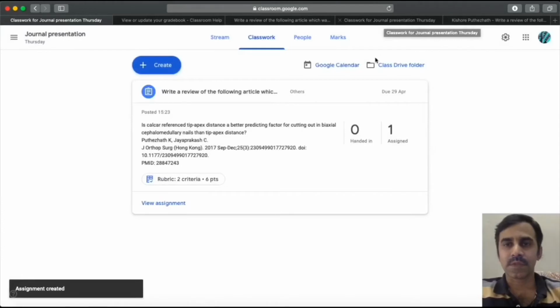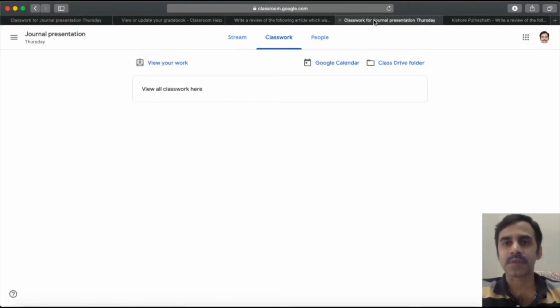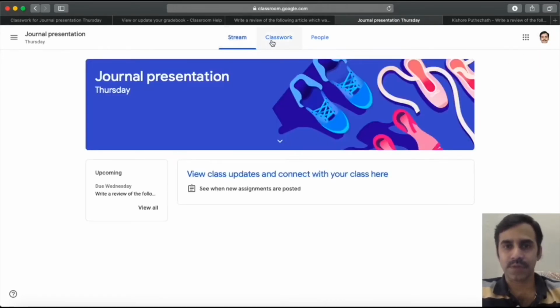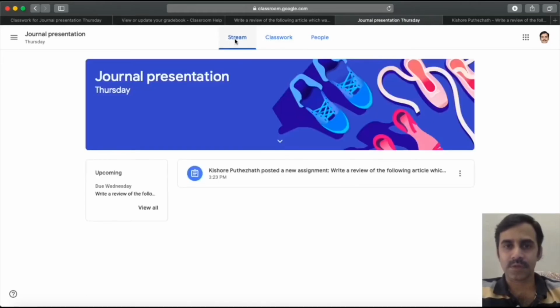Once that is assigned, Google will notify you, and once the student logs into the Google Classroom, he will get a notification in the stream saying that an assignment has been posted by your teacher.